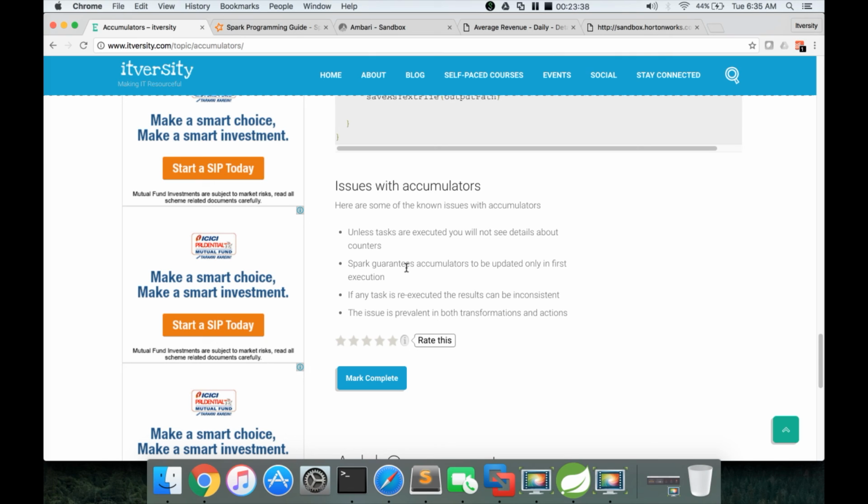The program will still run, but your accumulator might get the correct values or not. There is no guarantee. The issue is prevalent in both the transformations and actions. This issue of the accumulators becoming inconsistent if the tasks are restarted on other nodes due to some issue occurs in both the case of transformations and actions, and you will see the inconsistent results.